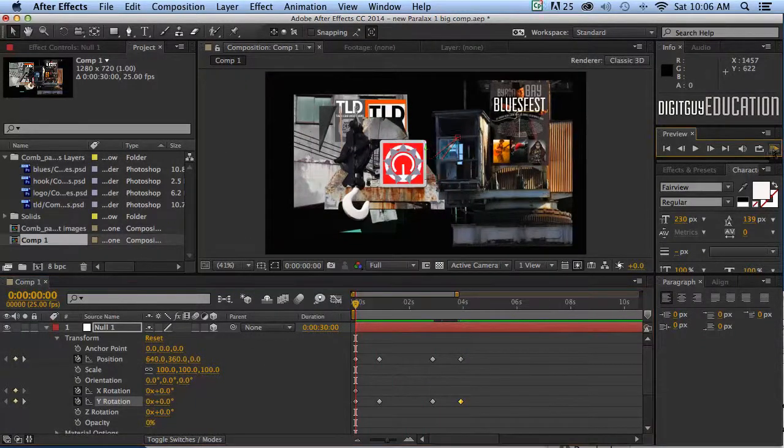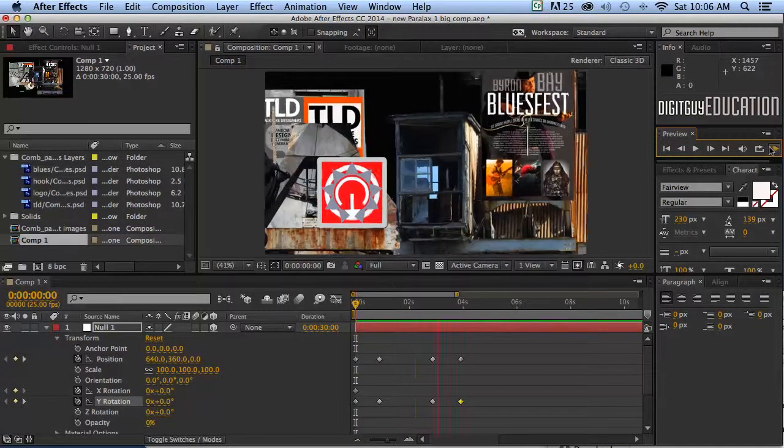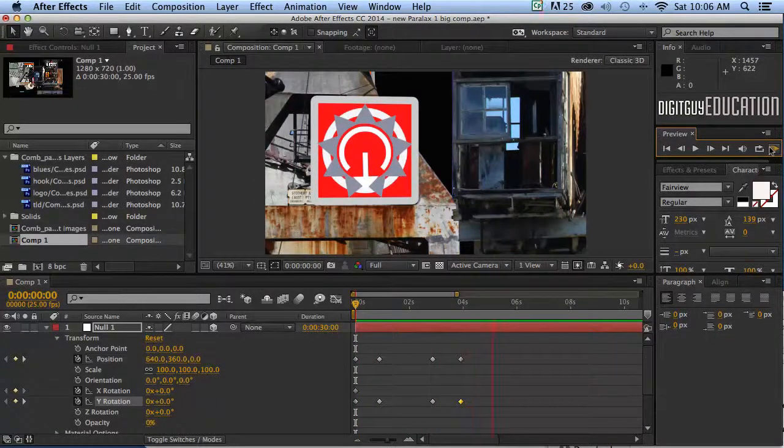Now don't forget, I'm just moving the null object. Comes there, stays there, it's what we want. Comes up and shows that one, so we need to keep that there for a little while. Copy those two keyframes, Command C, and Command V, paste. Okay, we've got one more move, so I'll move along a little bit, and this time